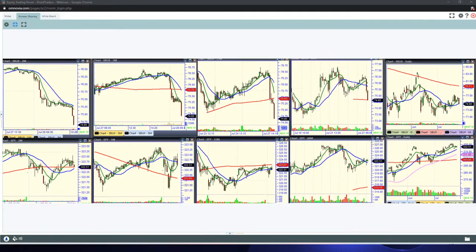Right to the hourly 200. I would book that profit right now. In fact, I'd look for the bounce off hourly 200 if I were you. But I would definitely book that profit. That's a great drop, quick, fast. So that one worked. That's how it should work.